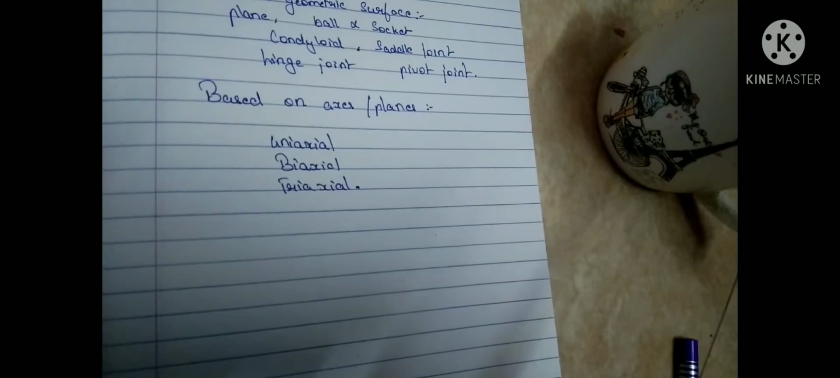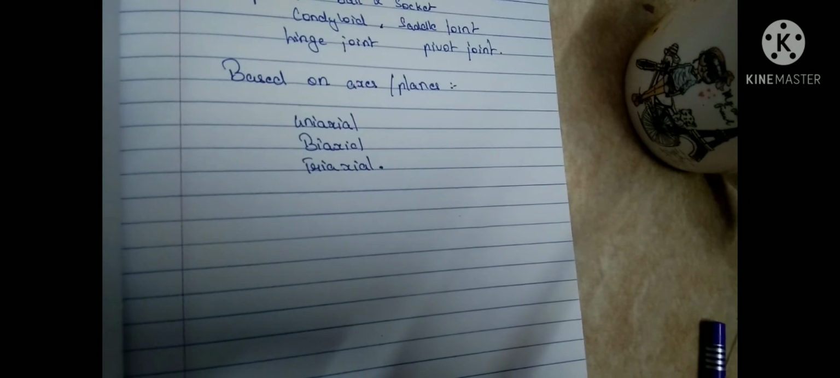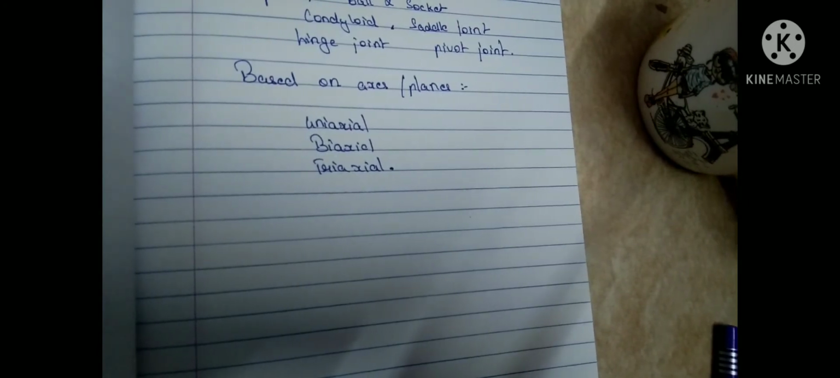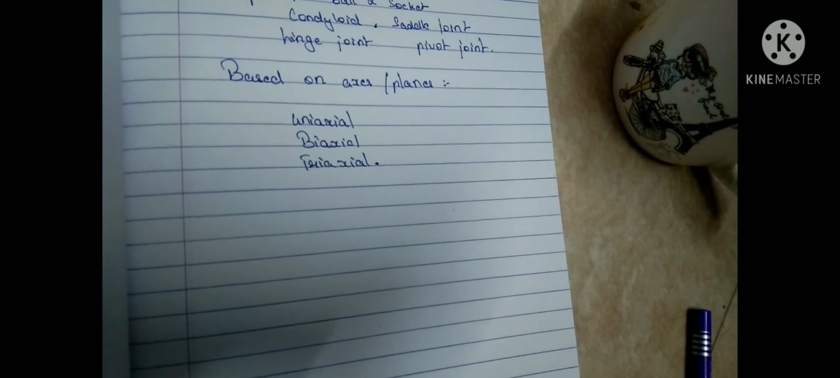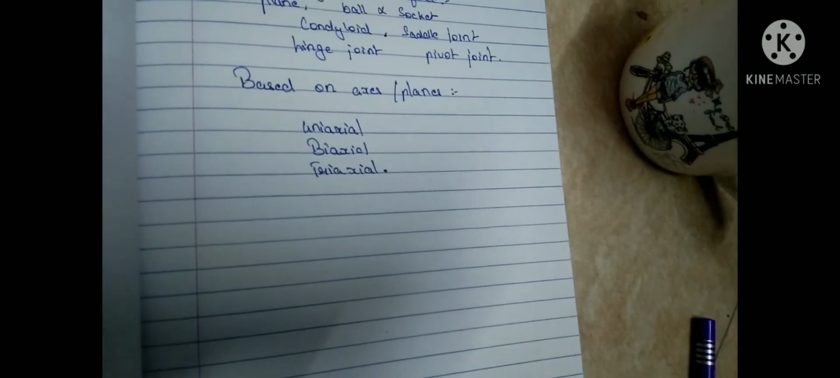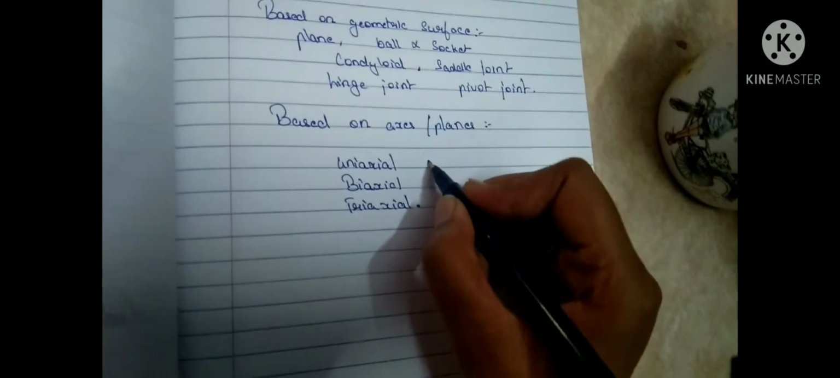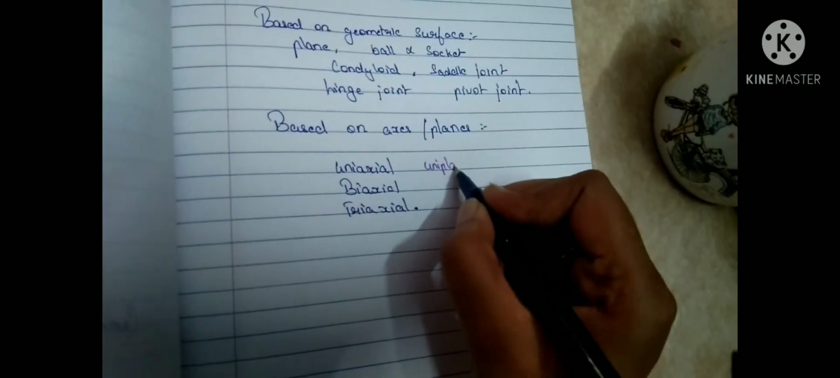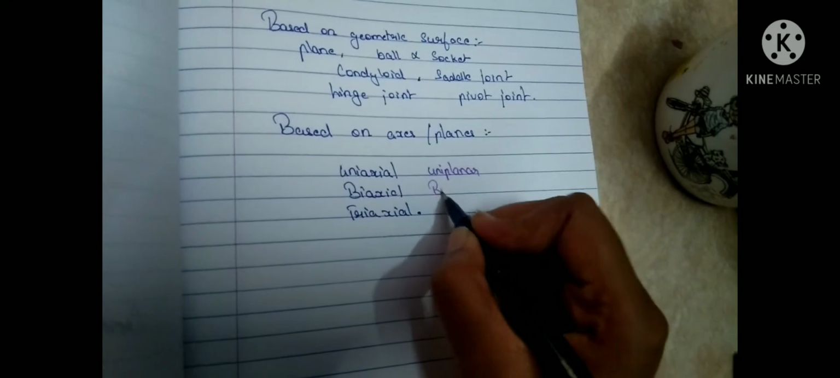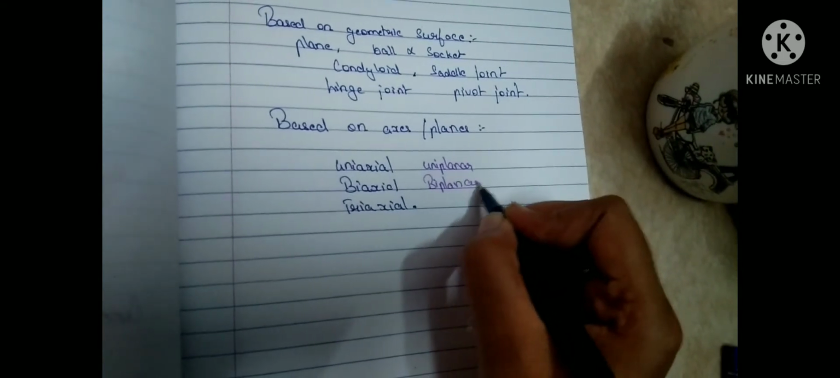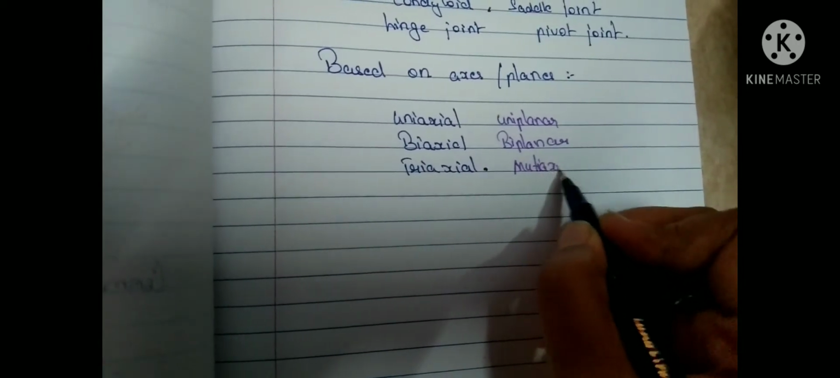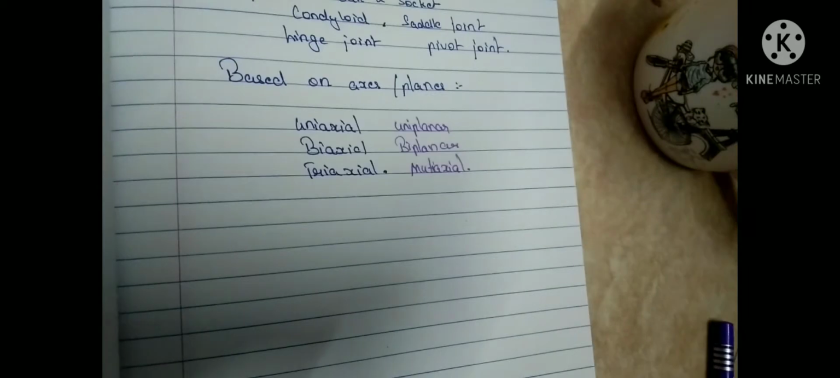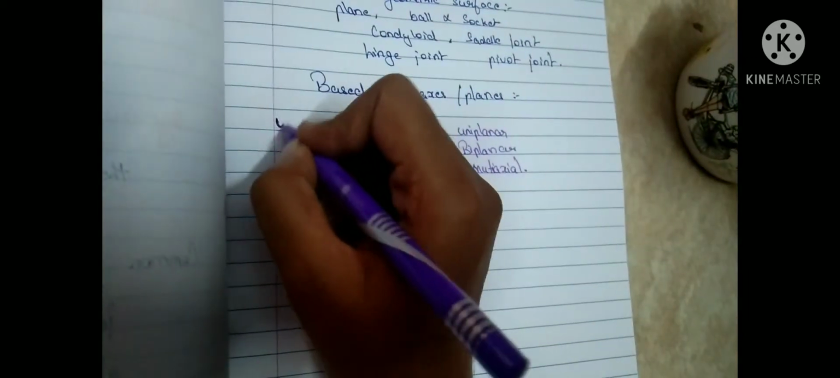In uniaxial joints, the bony component rotates around a single axis in a single plane. Biaxial means in two planes around two axes. In triaxial, three planes and three axes. The uniaxial joint is also known as uniplanar, the biaxial as biplanar, and triaxial is also called multiaxial. As movement in a uniaxial joint takes place around a single axis and a single plane,